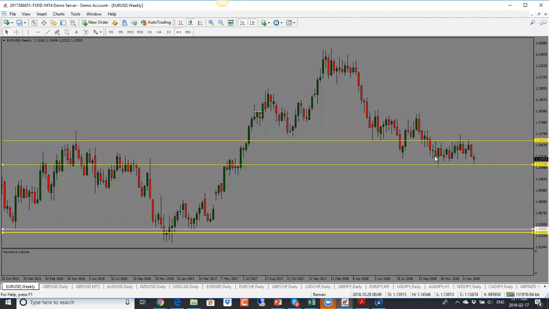So before we were at the top of the range, and because we are at the bottom of the range, we could go back into the range. So I will look for price to go back into the range here, because as we have seen, it's traded in this range for several months. So unless something really strong comes out one way or the other, price could just stay in the range. So overall, euro dollar is a range bound move for now. So I will look for a move back into the range. So that would be bullish for the euro.